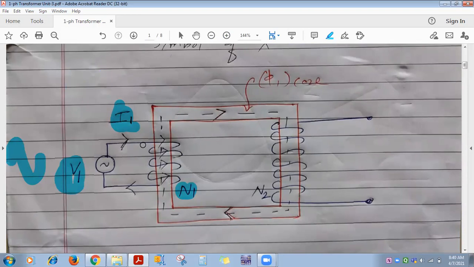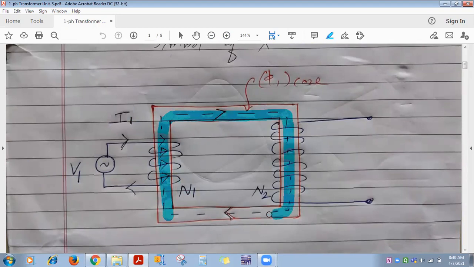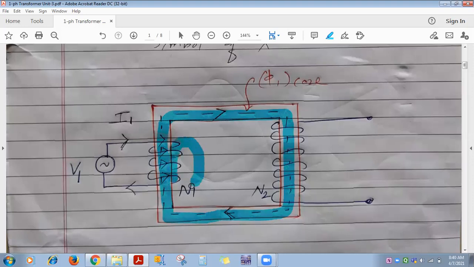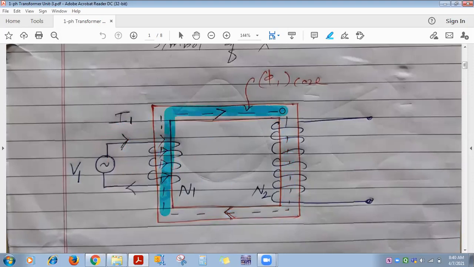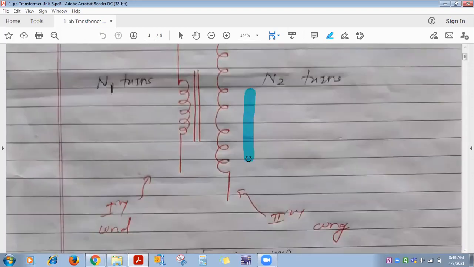That changing magnetic field, maximum flux will flow through the core as the core offers less opposition because its relative permeability is very high. 2 to 5% flux will complete its path through air. That is very less, and that's why we are going to neglect the leakage flux. Consider that whatever flux is produced, 100% of it or maximum of it flows through this core. This is the flux direction I have denoted.